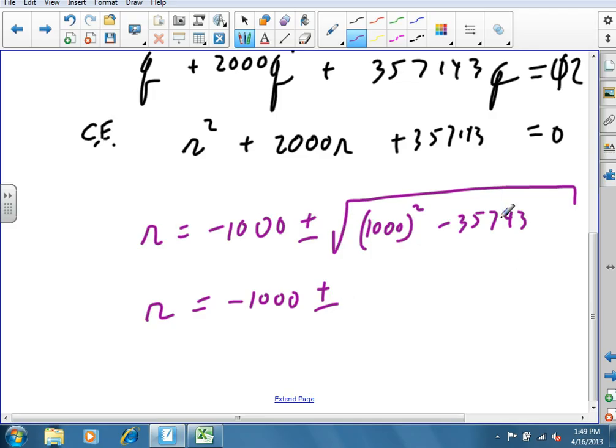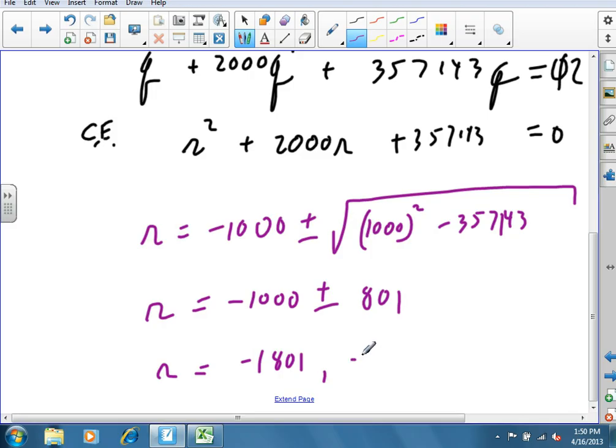Alright, 1,000 squared, for the third time, minus 357,143 equals square root of my answer, 801. So R is going to be minus 1,801, or